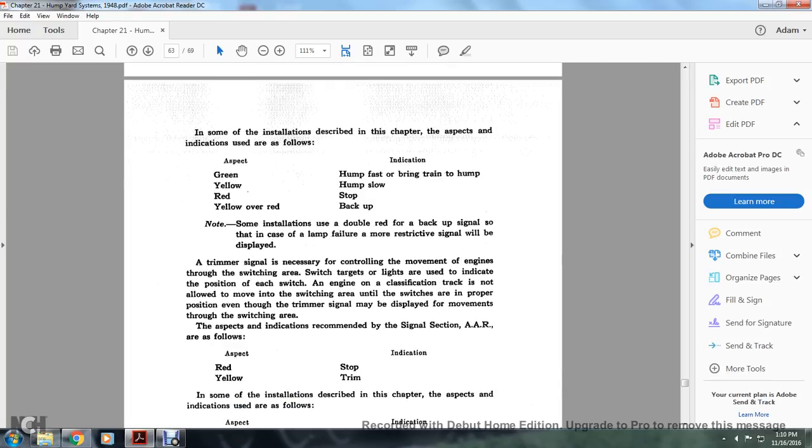Trimmer signal is necessary for controlling the movement of the engine through the switching area. The switch targets and lights are usually indicated with the position. Each switch for the engine of the classification track is not allowed to move to the switching area until the switches are in proper position, even though the trimmer signal may be displayed for movement through the switching